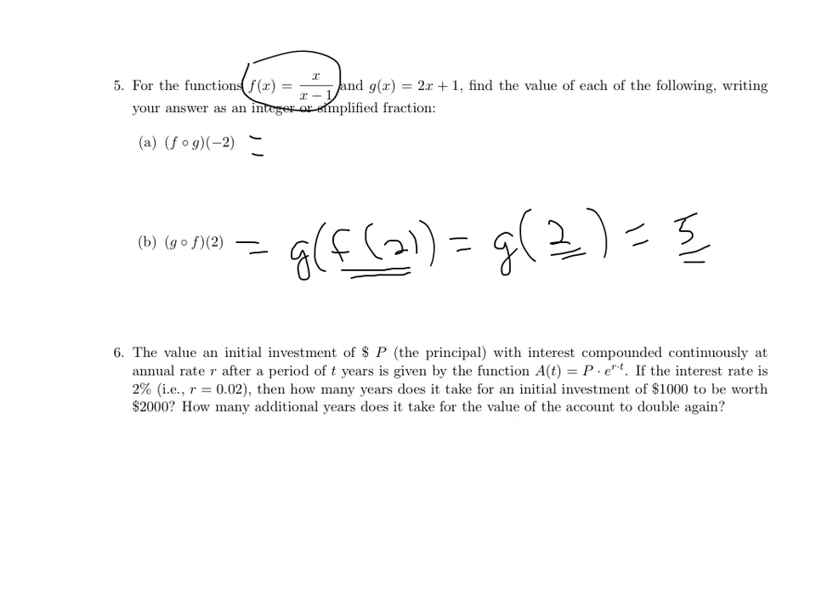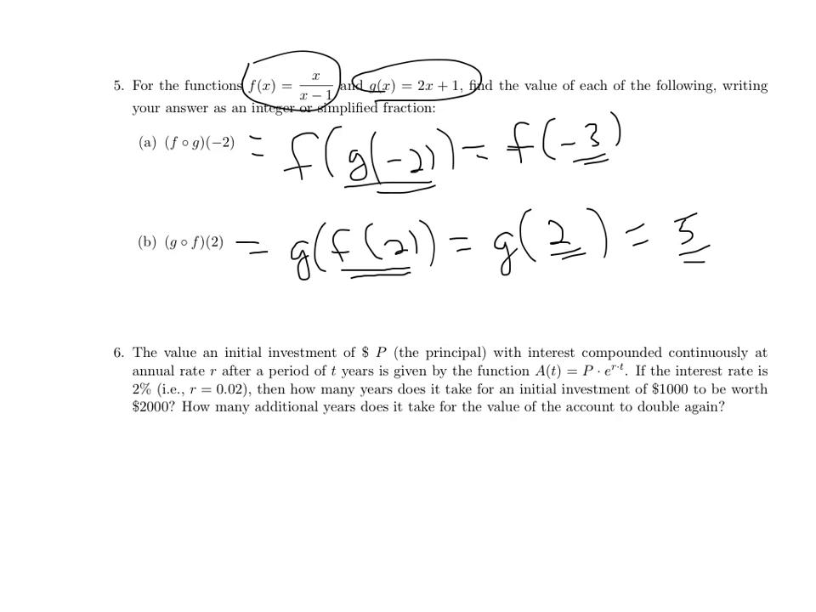5. Similarly, here, this would be f of g of negative 2. G of negative 2, according to the formula, is 2 times negative 2 plus 1, whatever that is, negative 3. So I have f of negative 3. So inside the parentheses, that g of negative 2 is really the same thing as just negative 3. And then f of negative 3 is negative 3 over negative 4, which is just